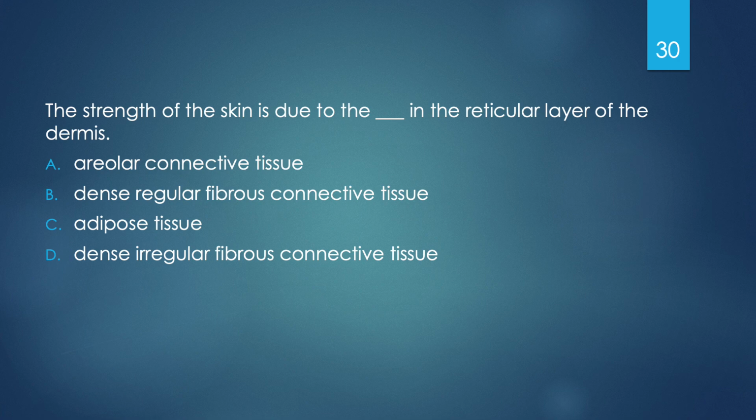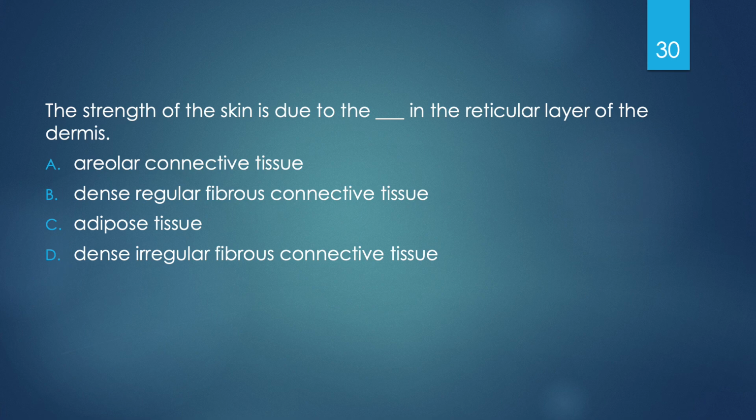Well, we know that areolar tissue is loose, so we can rule that out. Just because it's loose, we know that it's not going to be the primary contributor to the strength of the skin. We can also rule out adipose tissue because adipose tissue is pretty loose and not really going to do a whole lot either. So then we break it down to either B or D, dense regular fibrous connective tissue or dense irregular fibrous